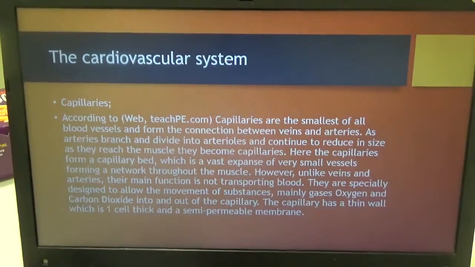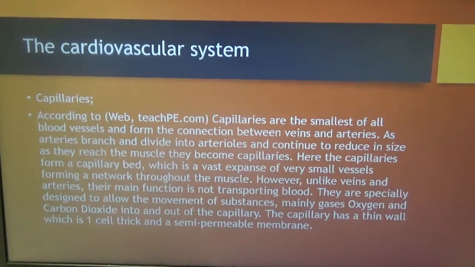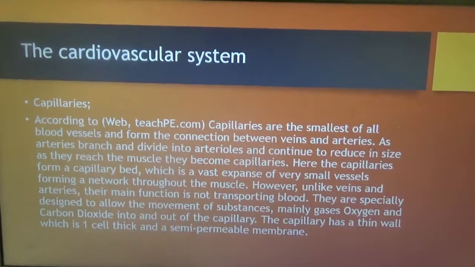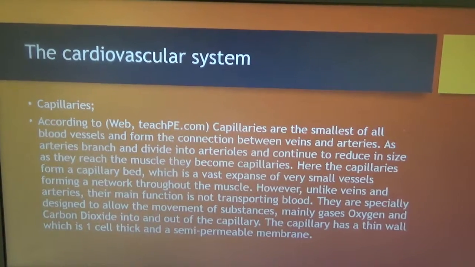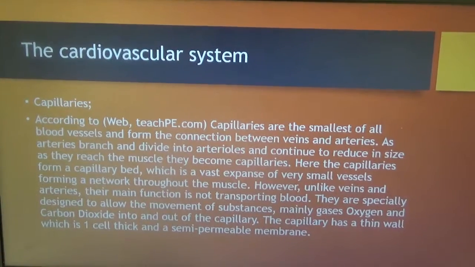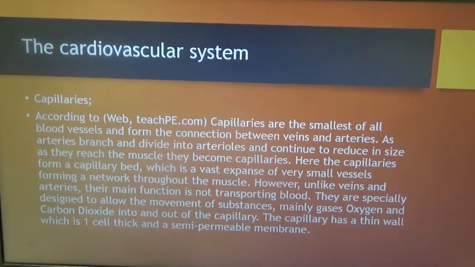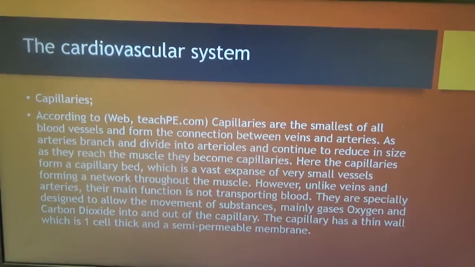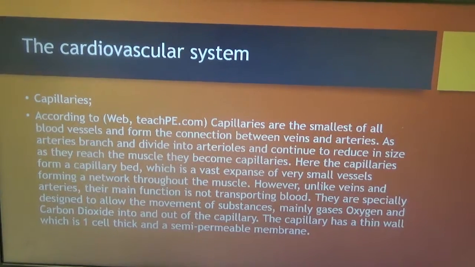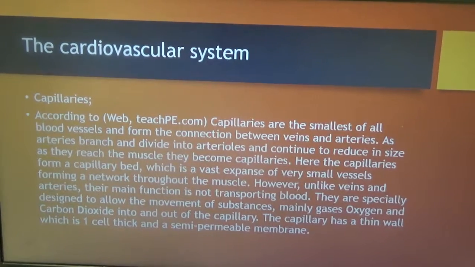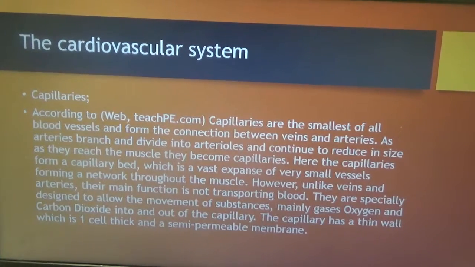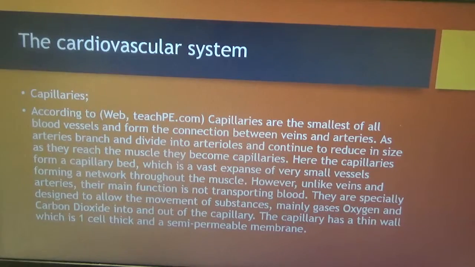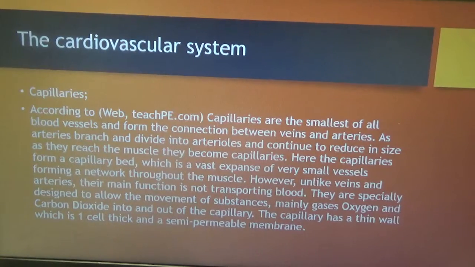The capillaries. According to the web teachpe.com, capillaries are the smallest of all blood vessels and form the connection between veins and arteries. As arteries branch and divide into arterioles and continue to reduce in size as they reach the muscle, they become capillaries. The capillaries form a capillary bed, which is a vast expanse of very small vessels forming a network throughout